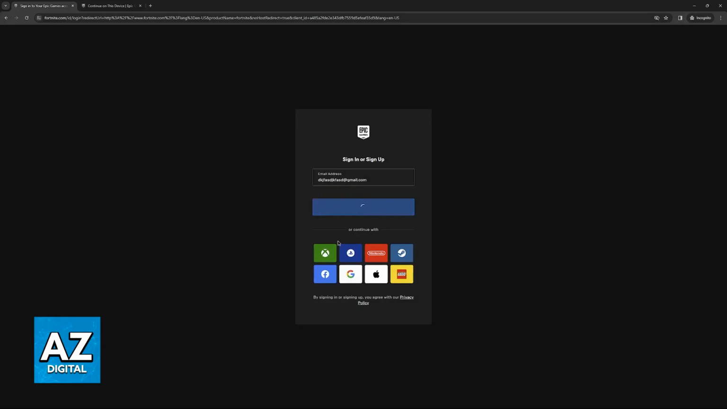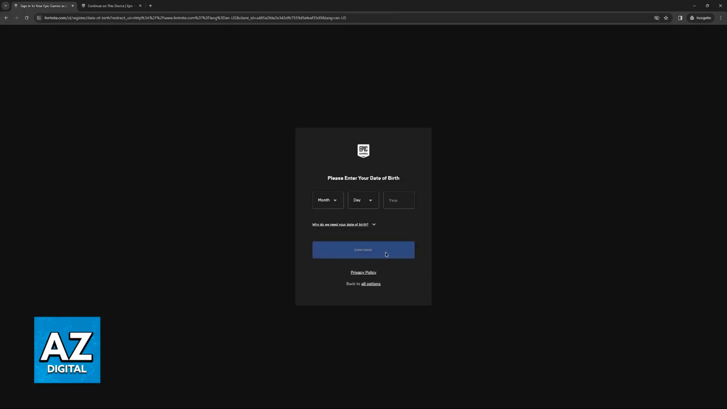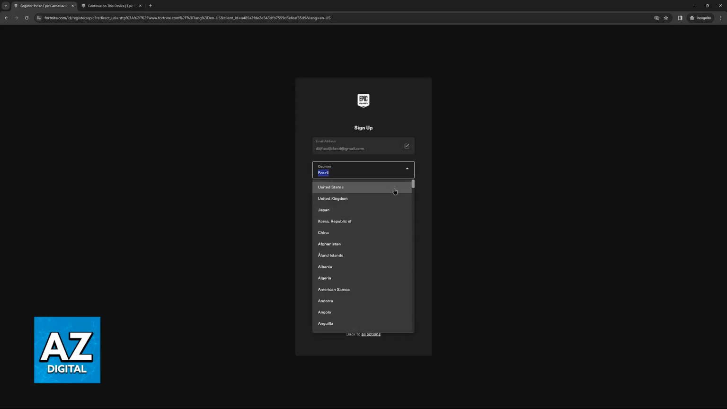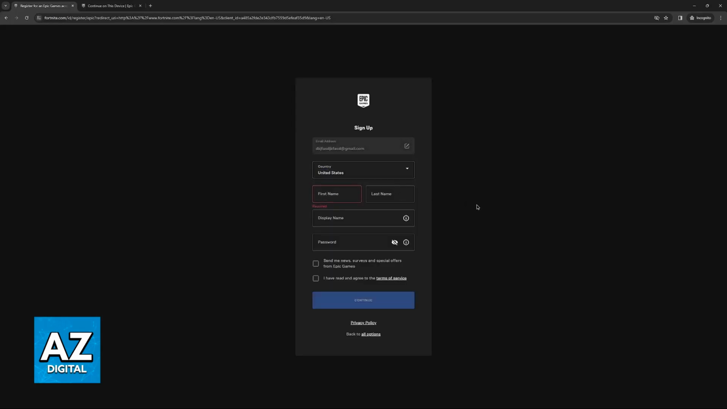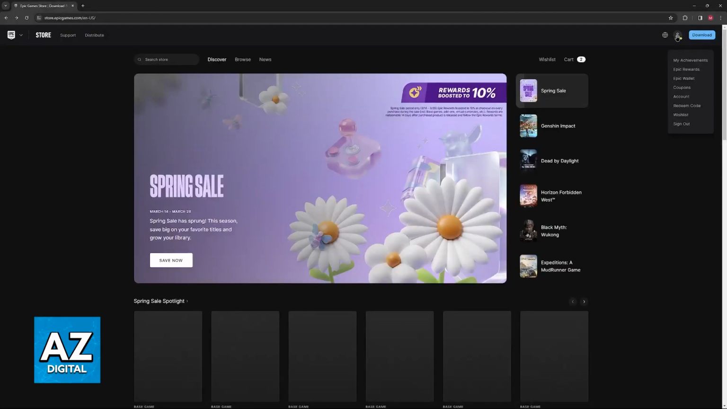Once you type an email address or you choose the option to continue with any of the services listed there, you can confirm your information such as your date of birth, your country, and then first name, last name, the display name, which is going to be your gamer tag, and a password. Read and agree with the terms of service, and after you are done with this initial process,